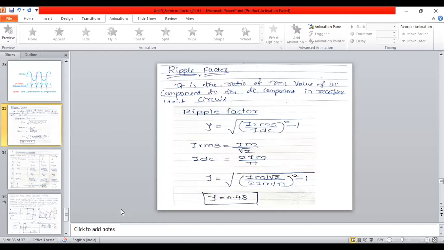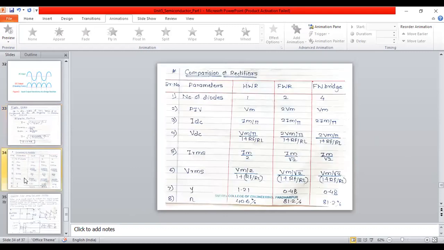Now this is the bridge rectifier, we are going to call it. We'll compare some terms here. Can you tell me the formula for voltage and all the things, or you can take a screenshot of this. This is very important, or you can note it down if possible. See here the parameters we are using.